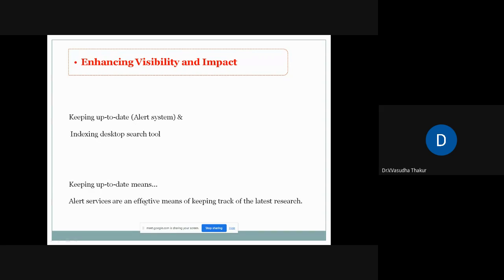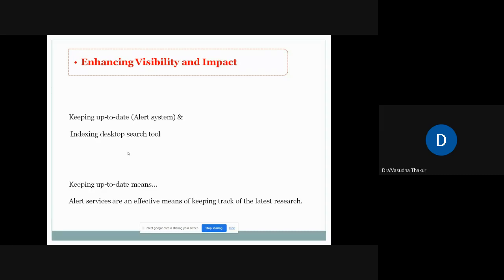This will be an effective means of keeping track of the latest research. Suppose you're using SciSpace for literature review, keep the alert section on. The next time you open it, it will give you an alert or notification stating that a keyword you happened to search in your earlier session has some new, latest information. So that way you can rely on those tools by keeping the alert system on